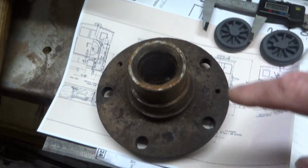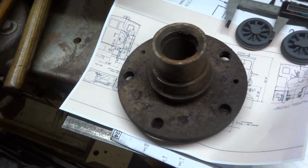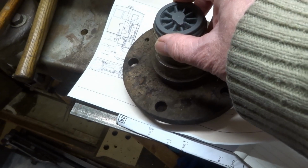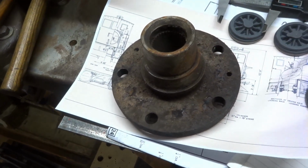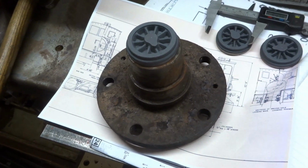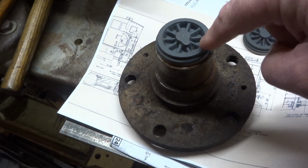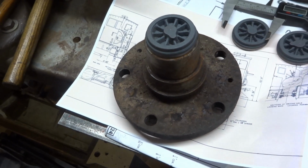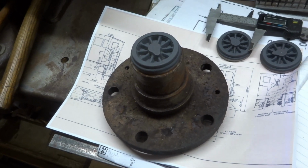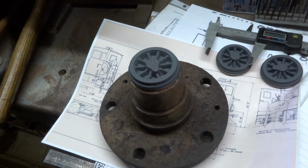Even better, it's got a hole down the middle which reduces the amount of effort required to make the hole of the right diameter, and it's perfectly clear that if I bore this thing to an appropriate diameter and then by shrinkage or Loctite or something, I will be able to put a tyre on these castings which will enable me to machine these wheels to the appropriate scale size. I mean, how mad is this? But anyway,